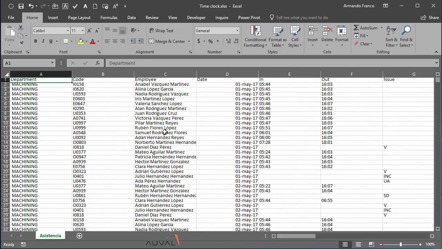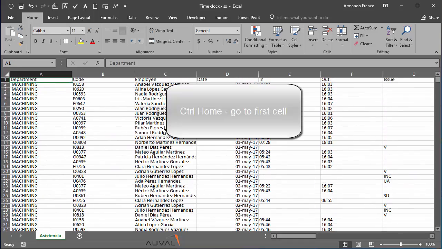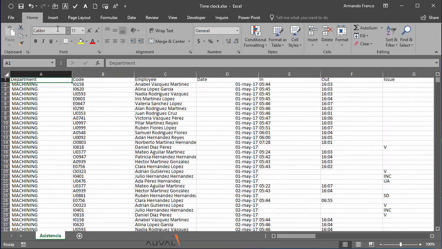Control Home, let me go all the way down. Control Home, we're just going to create a pivot table.